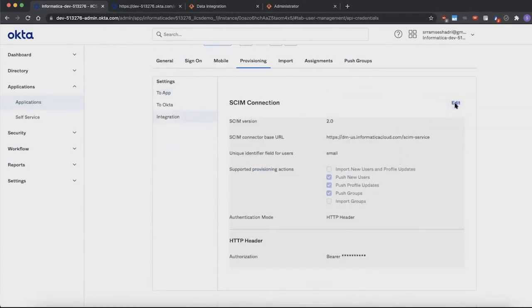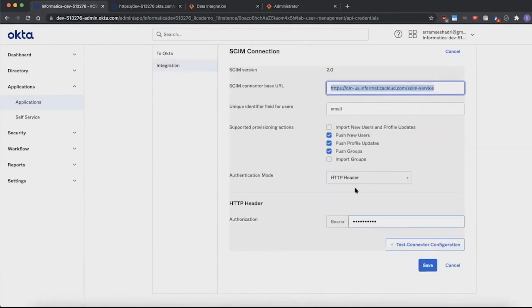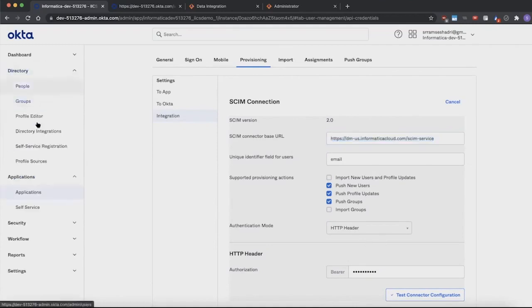So the other information I want to share is the URL that you would configure for the SCIM service for Okta to send the request to the service providers, right? So it's basically your base login domain / SCIM service, right? So this is something that you could use, and this is the token that you would copy from the admin console, right? So the first step is configuring this, setting up the provisioning, and then we spoke about the profile editor